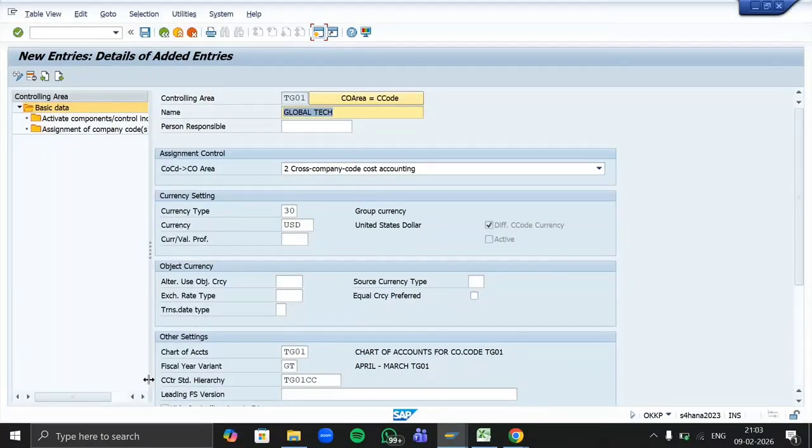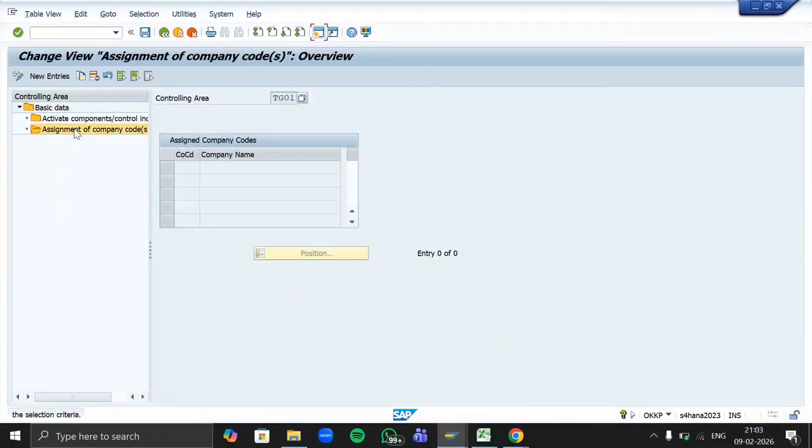But still we don't know, right, which company code this controlling area belongs to. So the next step is we have to assign this controlling area to our company code. So here itself, click on assignment of company code. Go to new entries. My company code is TG01. Enter and save this.